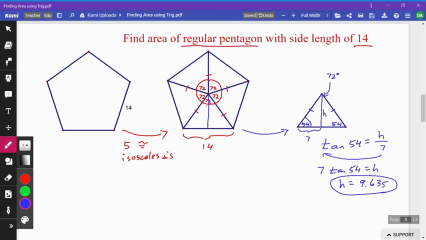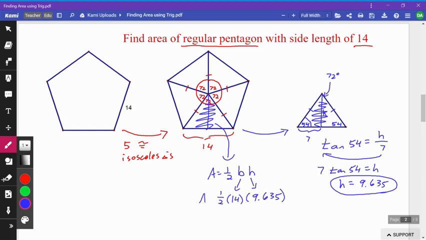So the area of this triangle, which is the same as this triangle, my equation is area equals 1/2 base times height. The base we said was 14. The height we calculated at 9.635 times 1/2. That is going to give me the area of one triangle. So the area of one triangle is 67.445. Now a lot of kids like to stop here, but you're better than that because I want to find